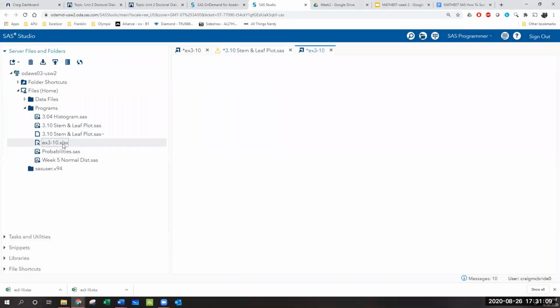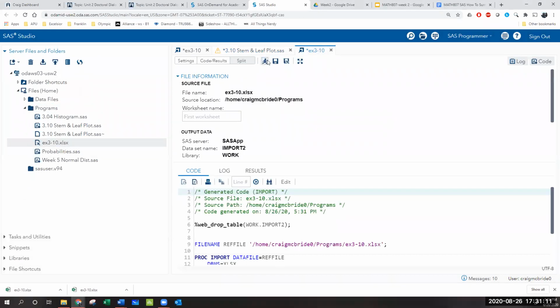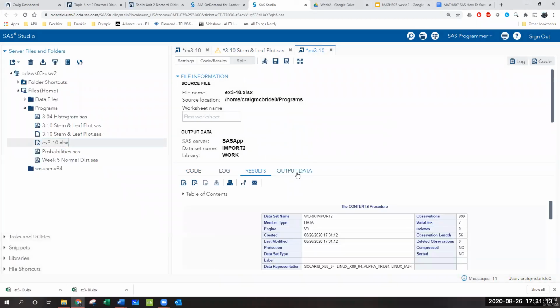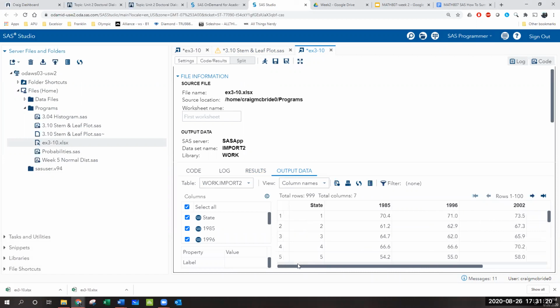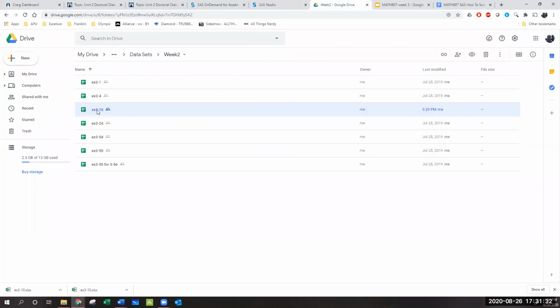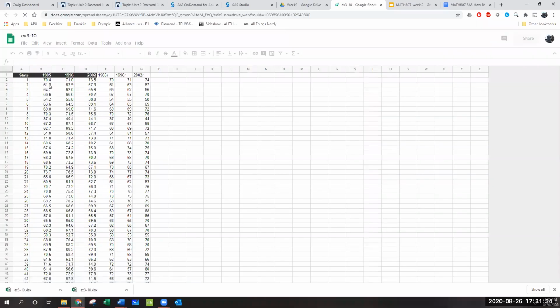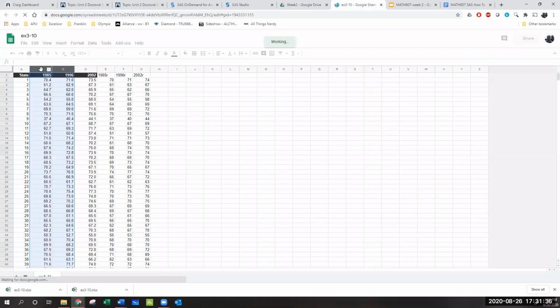Okay, so now if we run this one and look at our output, ta-da, no decimals. Beautiful. And, you know, we probably could have just done the same thing with the previous one without having to do the round. I bet if, before you downloaded this, you highlighted all of these,